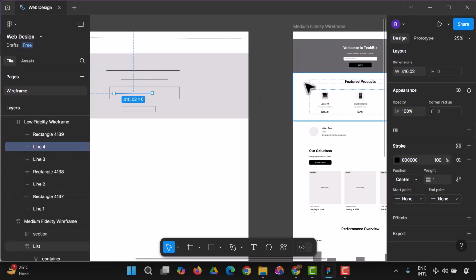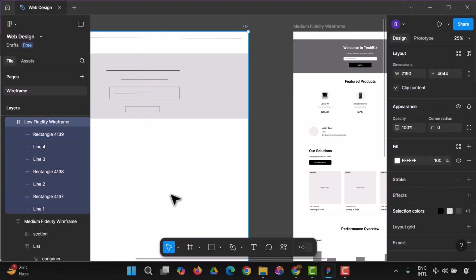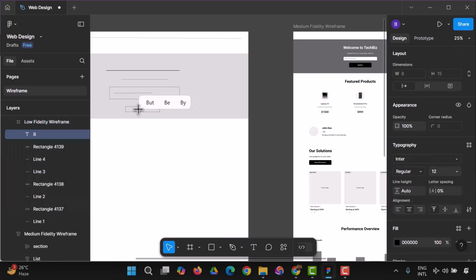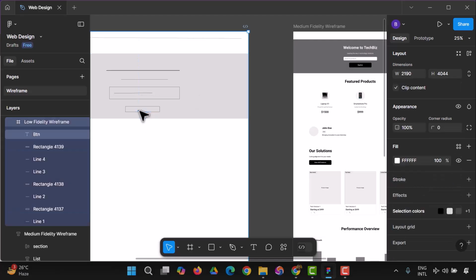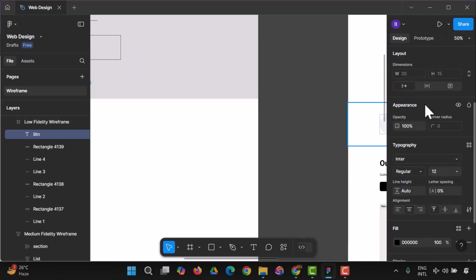So you could actually input some of the text, but right now I just want to carry out some things. So right here, this is a button. All I can do is add text and say this is button, or I could say btn. So I could just name it btn. So that will be the button, and right here all I have to do is make it 50%, and